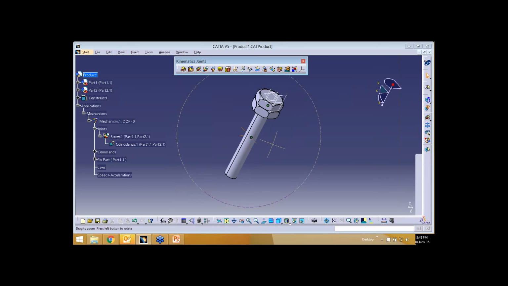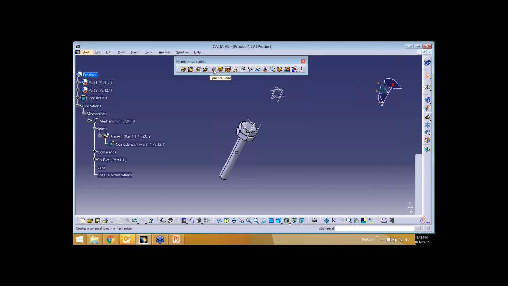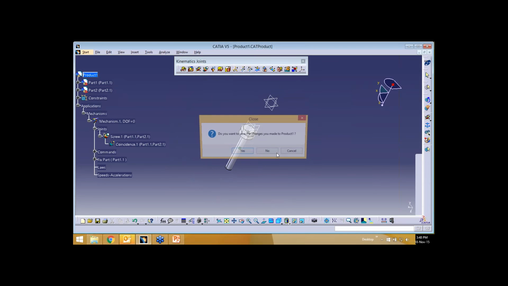See, this will go and create spherical joints, planar joints, and rigid joints. For planar joints and rigid joints, I'll show only one thing. We'll just go for the kinematic things. Spherical joints, planar joints, and rigid joints are a combination of two different joints or two different geometrical elements.